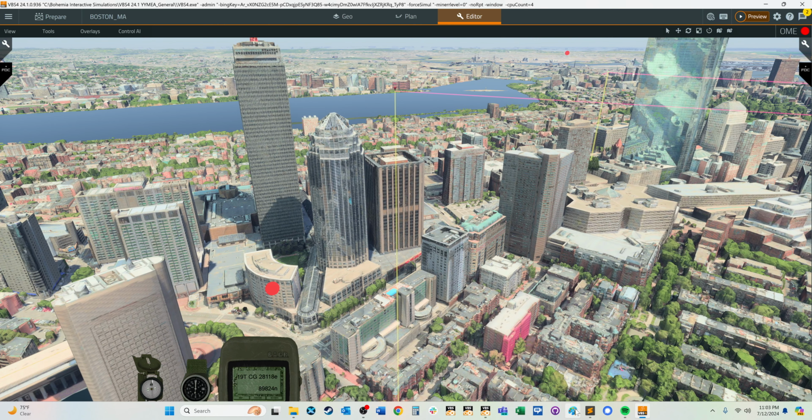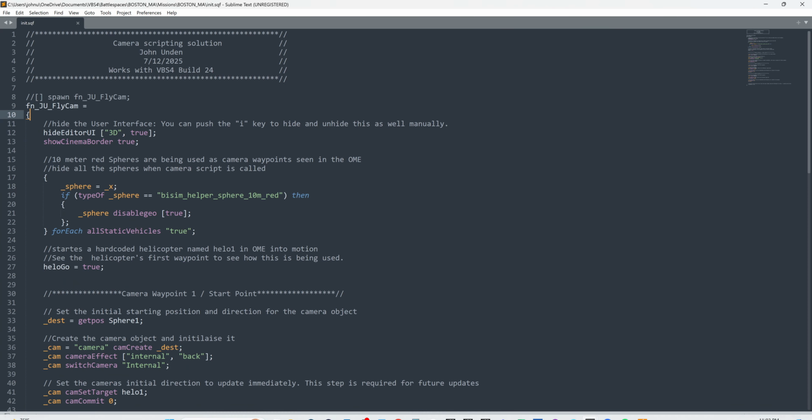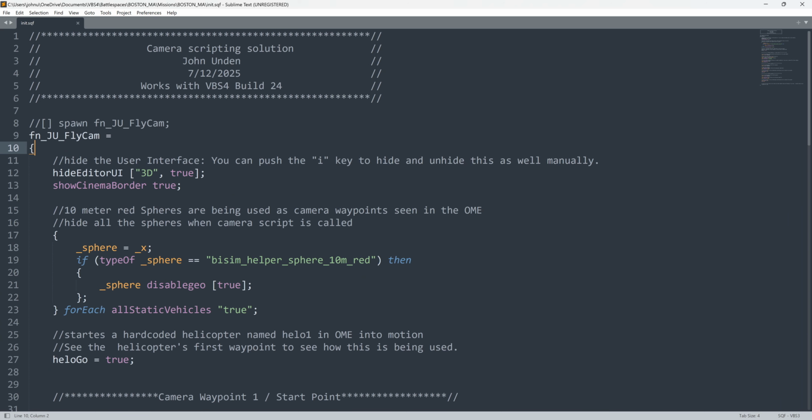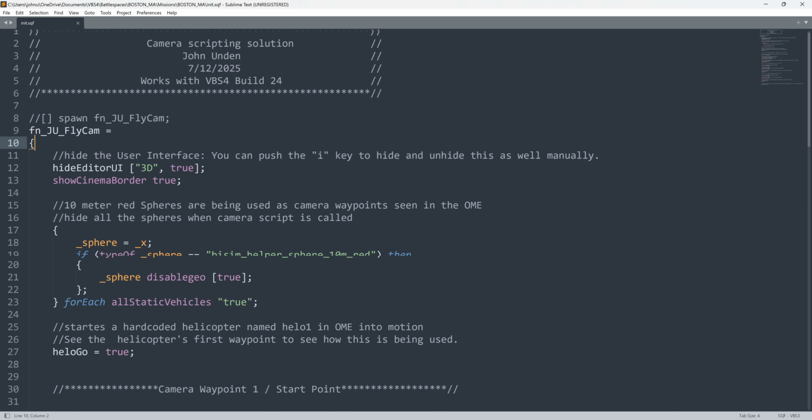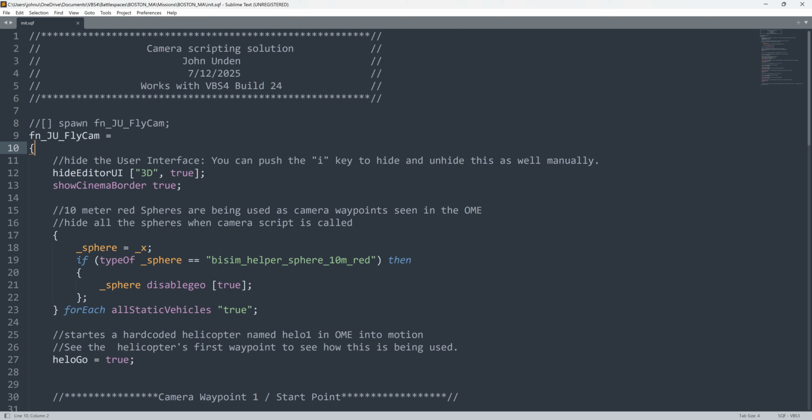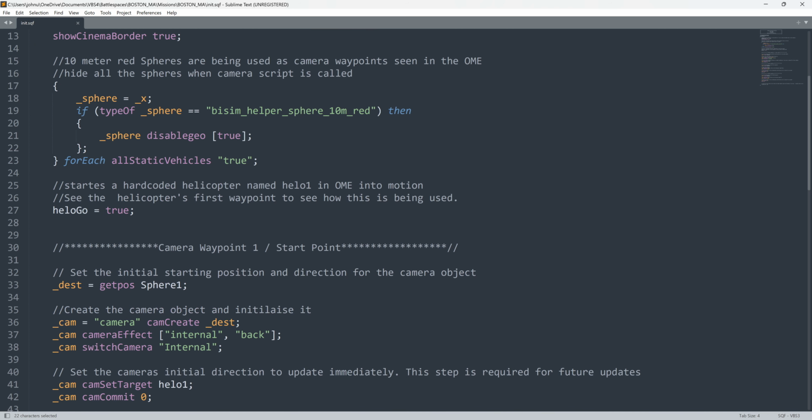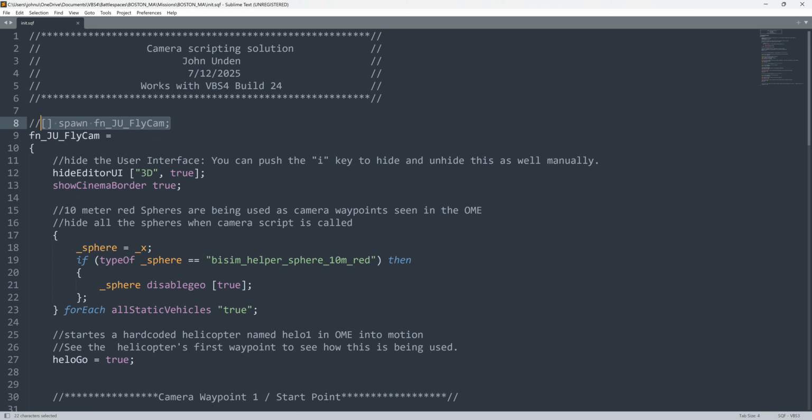So I'm going to go into my script. If I can find it. Here we go. Alright, so this is a script. I'm going to make it a little bigger so you can see it. Try to get through this quickly. First thing we're going to do is open your dev console and drop this, and you can copy and paste it. I've just commented it out here. Drop this into your dev console and run it, and it will execute this function,